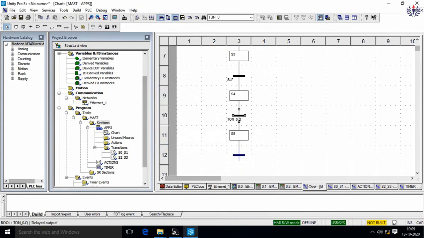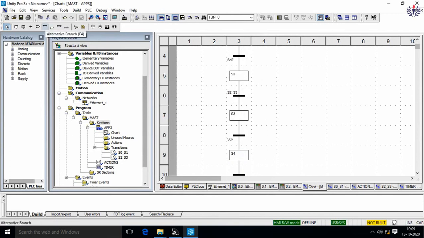Okay. After this output is activated, now S5 is there. Here I am not going to give any action plan. After this timer, once again it has to come to this step, that is, it has to reach the high position. So this process has to be continued. For that, I am going to give a branching here, and I am going to give a transition here. So this is the only process going to repeat for all the steps. So I am going to take it in a branching manner.